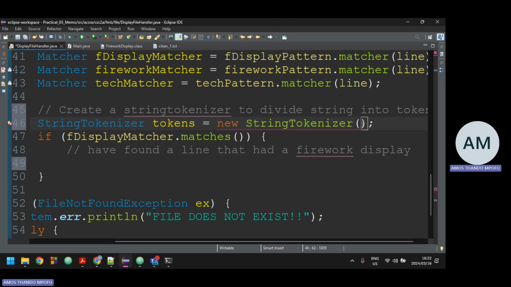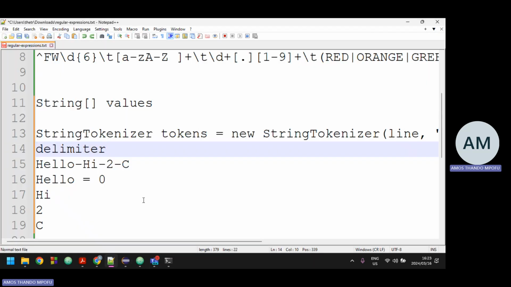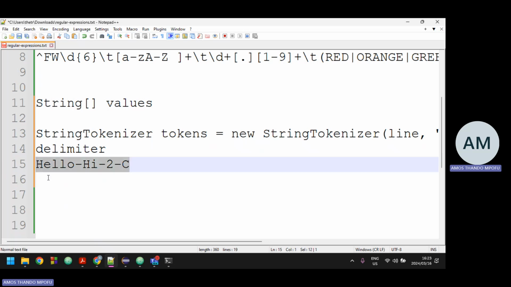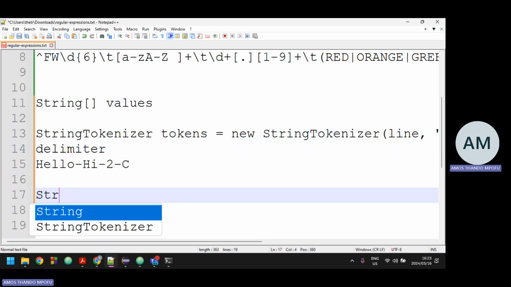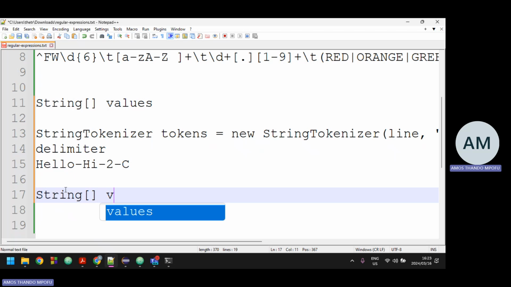There are many ways you can do it. I don't want to lie, there are many ways. You could use the split method in the String class. Remember, String is the class. The split method returns an array of strings. So you could say something like this. If you wanted to divide this into an array of strings, you could say String values